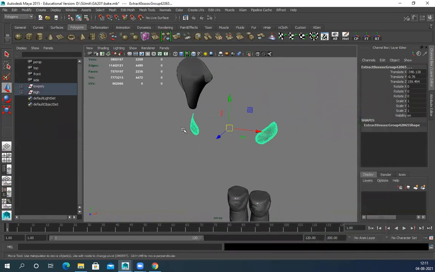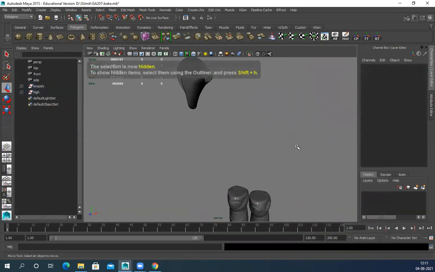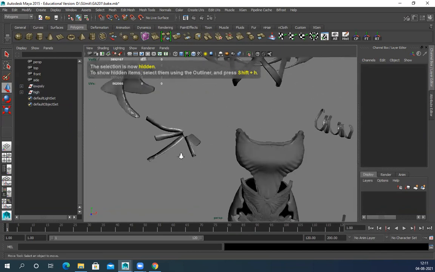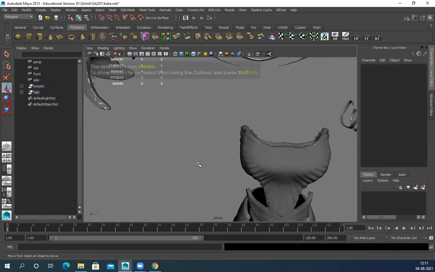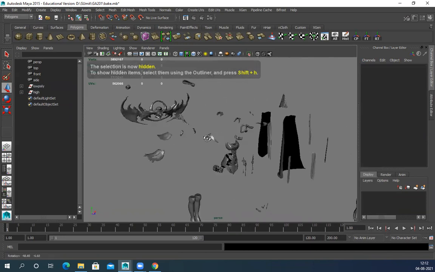Okay, this part also not unwrapped, so hide it. Just make sure everything you have created has proper UV and is nicely placed.